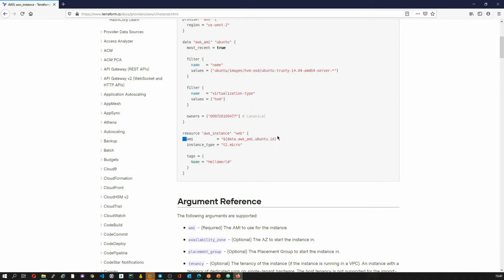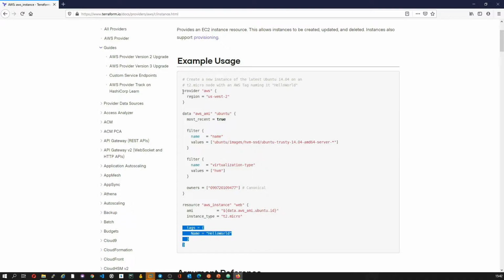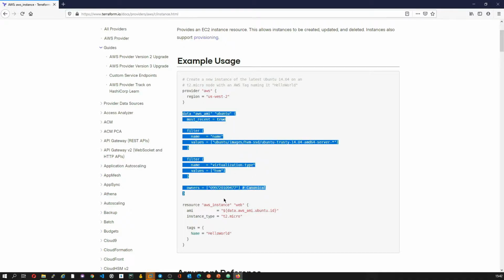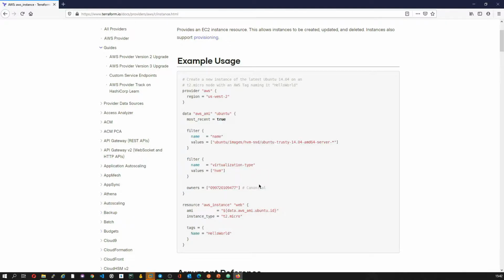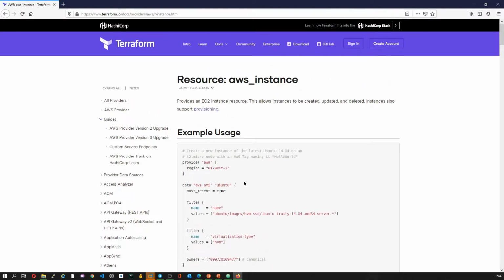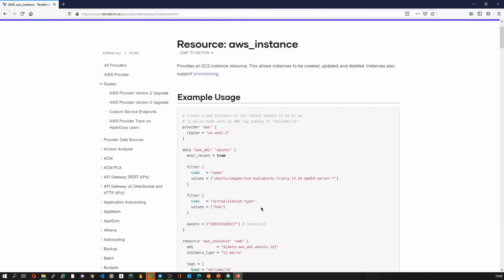It says the AMI should be a specific value, the instance type should be this, and the respective tags, right? And here you have the provider section where it says AWS. If you see the part data, this all comes from the data sources. Okay, so don't worry much about this. In the hands-on, I'll show you all the information.